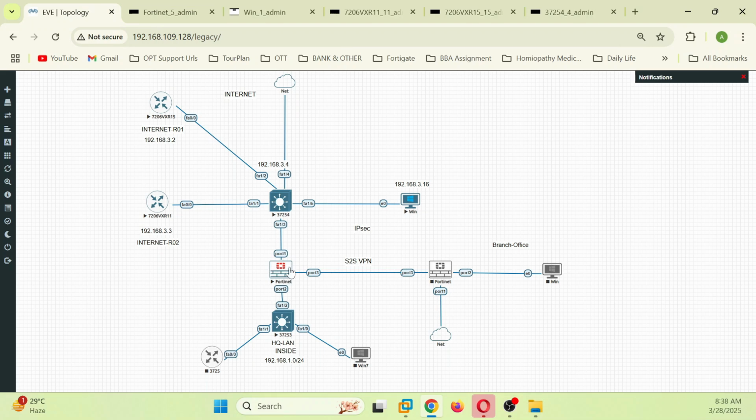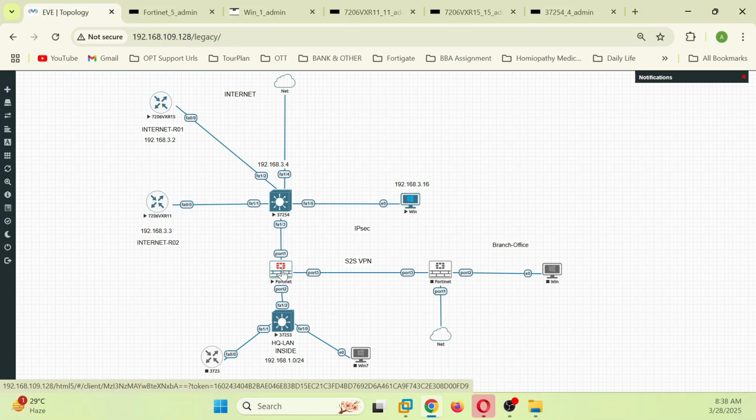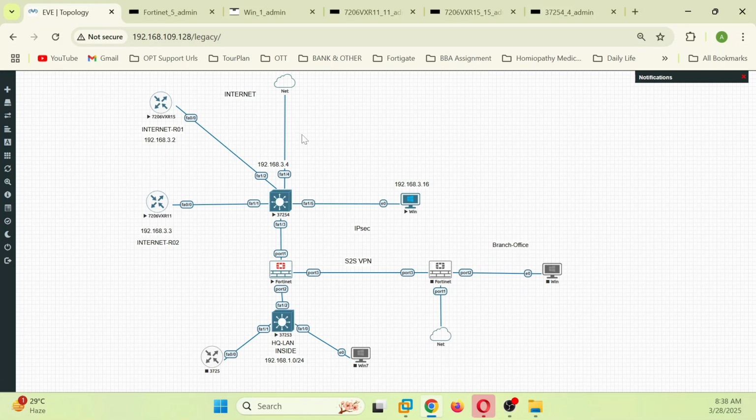So after boot up, we can configure this FortiGate, and first we can configure the interface. First we can check what interface is getting. We can connect to this FortiGate GUI through our internet access, because I have only 3 interfaces on this FortiGate. So I connect to this management GUI from the internet side from my system, and then we can configure port 2 for the LAN, and